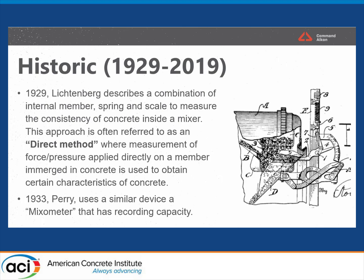It was a system made with lever and spring. Basically, you were able to measure the slump by having a sensor directly in contact with the concrete. We call that the direct method, where the measurement of either force or pressure applied directly on a member immersed in concrete is used to obtain certain characteristics. And for many, many years, the only characteristic that people were able to measure was an estimation of the slump,